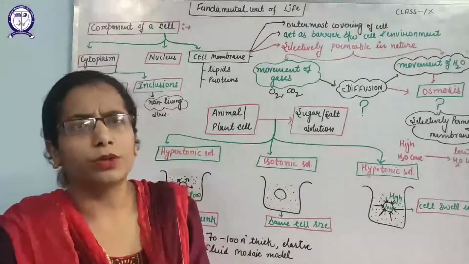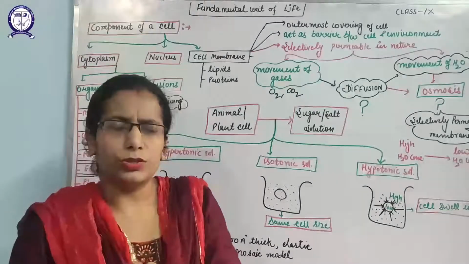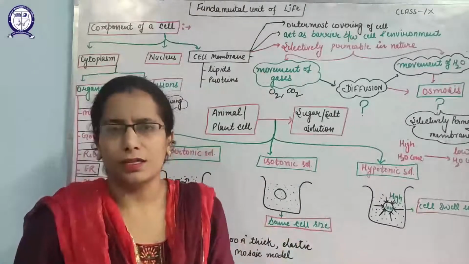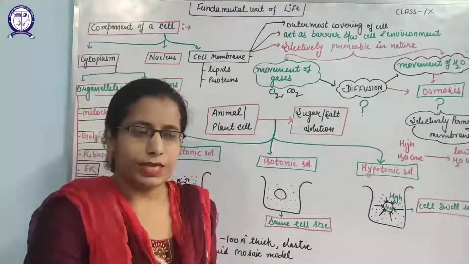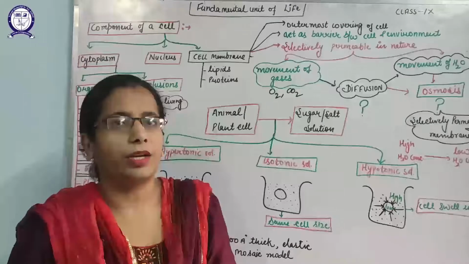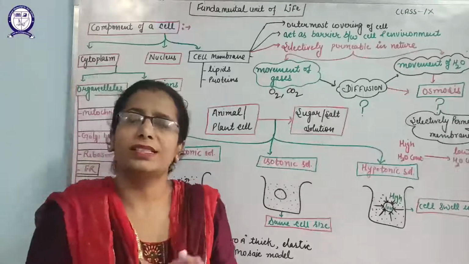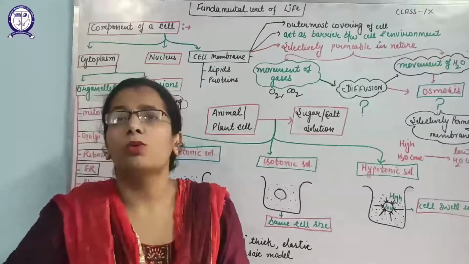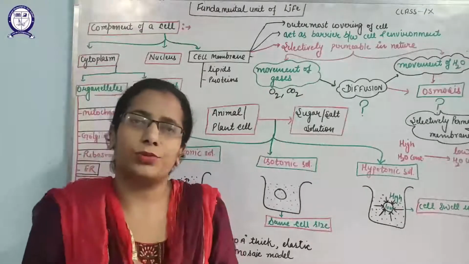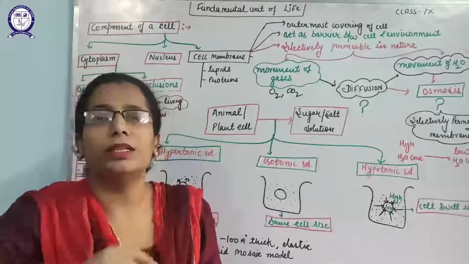You can take the example of the potato osmometer. If you peel off the covering of the potato and make a cavity in the potato, then keep that potato in a jar or a glass that contains water, and leave it there for 1 or 2 hours. After that, observe the level of the water in the cavity. The level of water in the cavity will increase because the concentration of water is less inside the potato cavity and outside the potato in the jar it is high. That is why water will move from high concentration to lower concentration, but the potato layer will act as selectively permeable in nature.